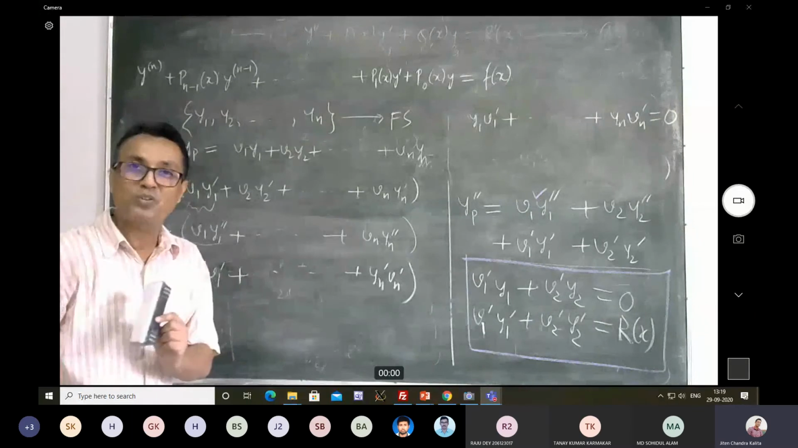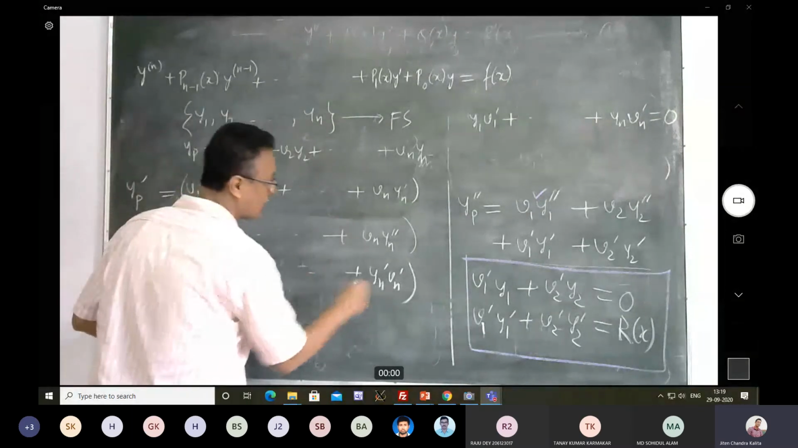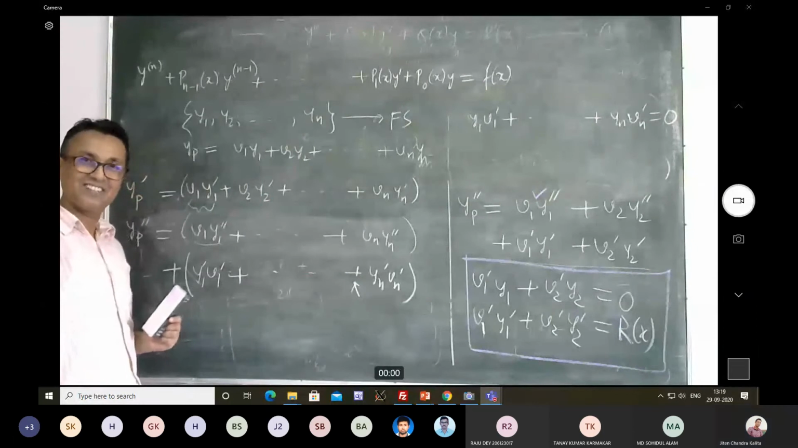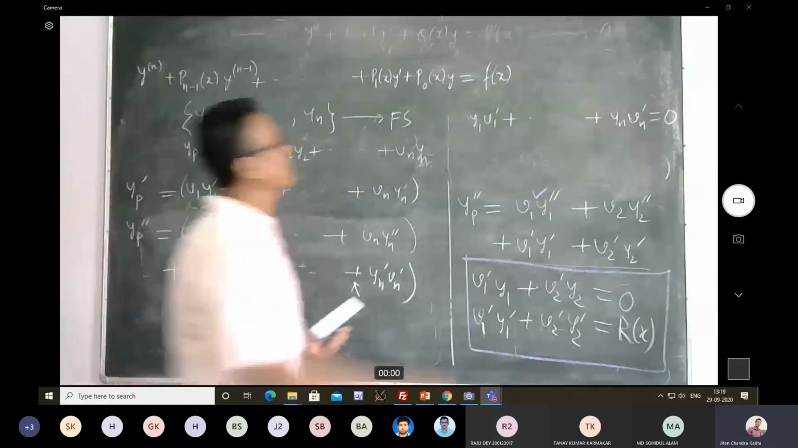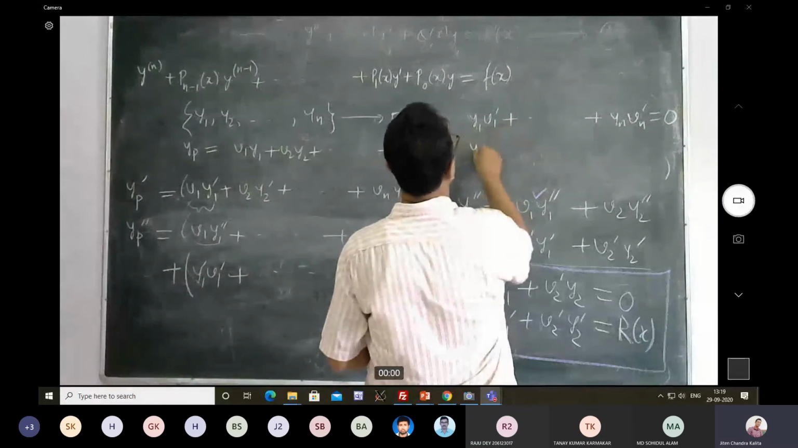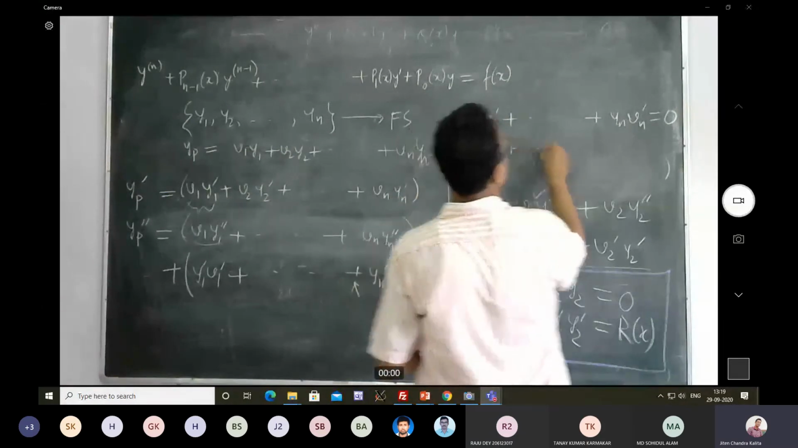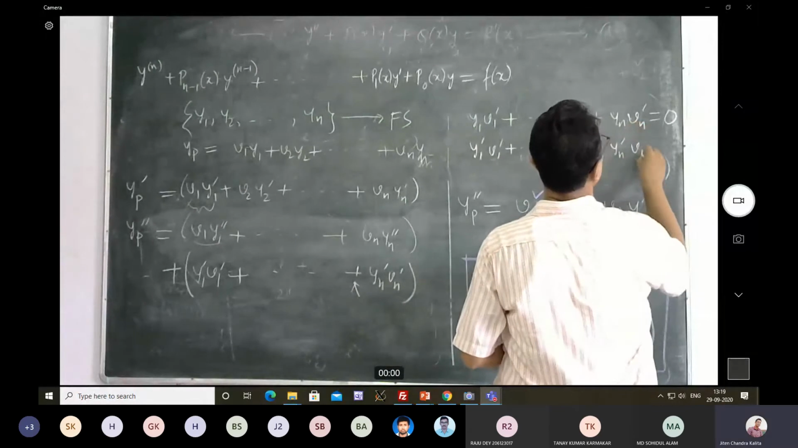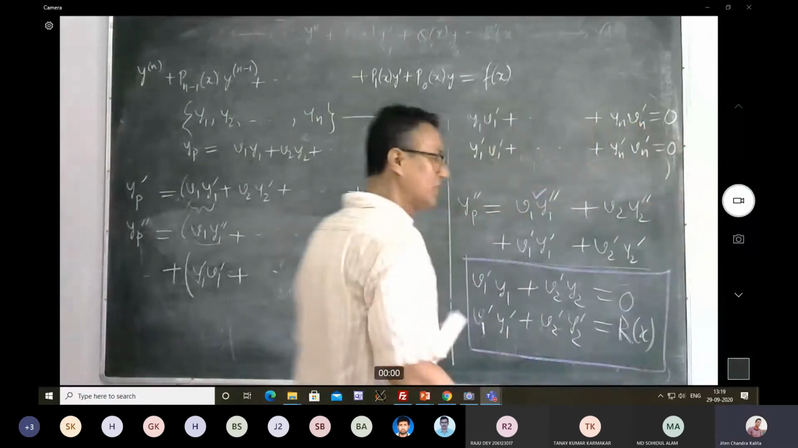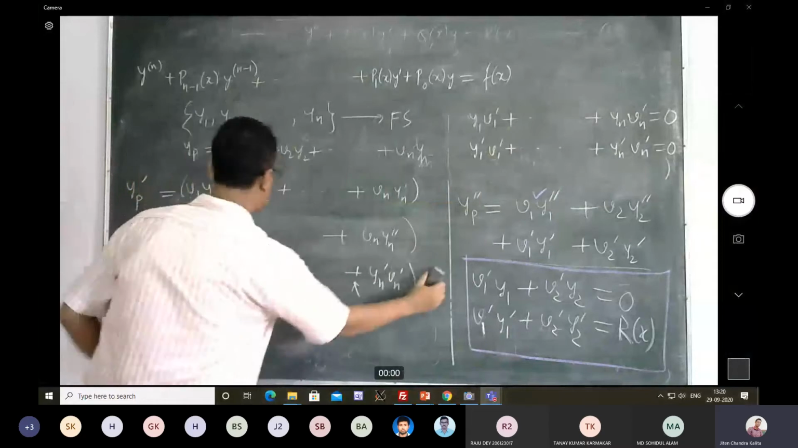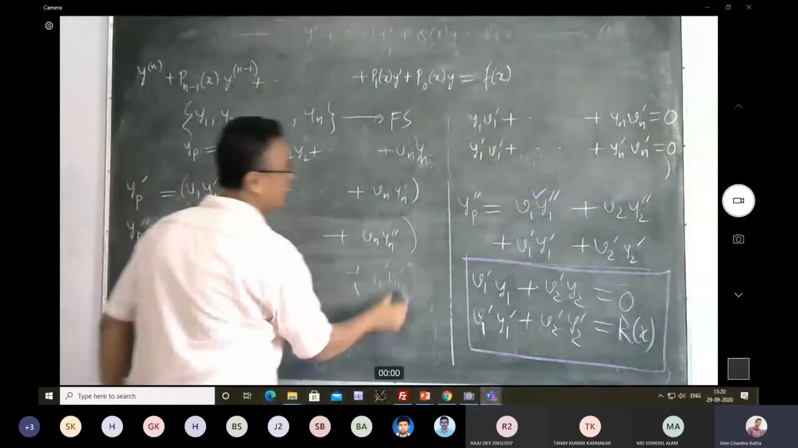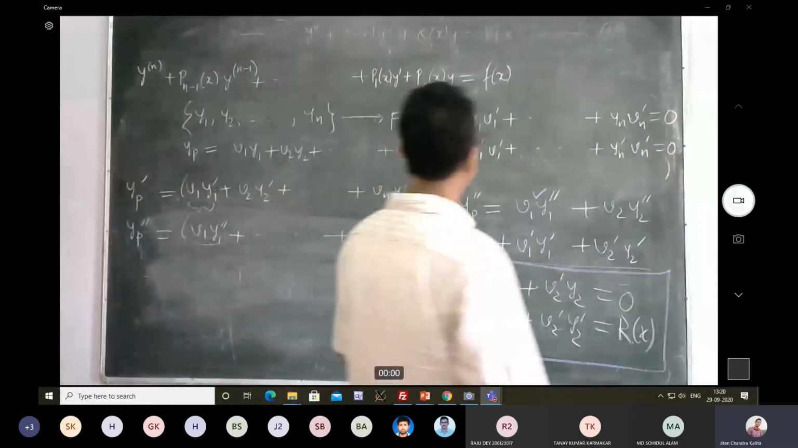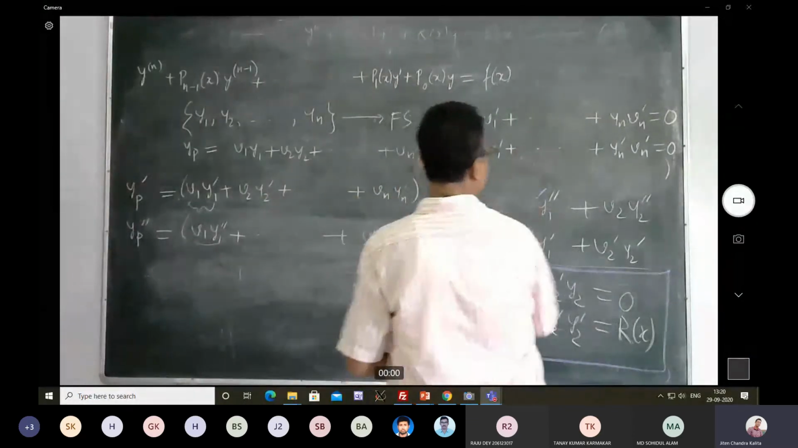Then again, what are we going to do? We are going to assume that this is 0. You are getting the point? So that means I am getting what? Right? So now your yp double prime simply has become this. So if I proceed in this way, then eventually,